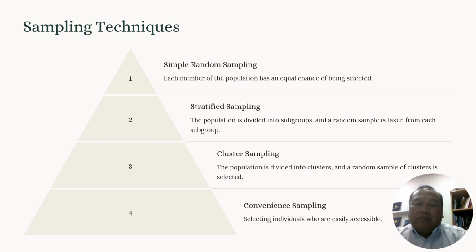Now, cluster sampling is also similar to stratified sampling because the population is divided into clusters and a random sample of clusters is selected. The difference is that you don't group them into specific groups. For stratified sampling, for example, you can say, I will divide the 50 students, boys to my left, girls to my right, and I will get 10 boys and 10 girls. That's stratified sampling.